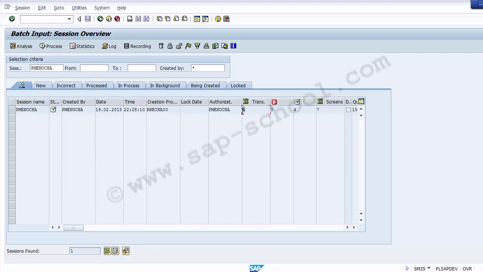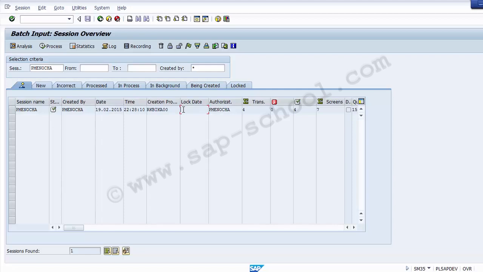There are 4 cost elements created without any error. The error count is 0, and 4 have been successfully created. So this is how the batch has been successfully processed, and all the cost elements have been created within the SAP system. Once the batch has completed without error,